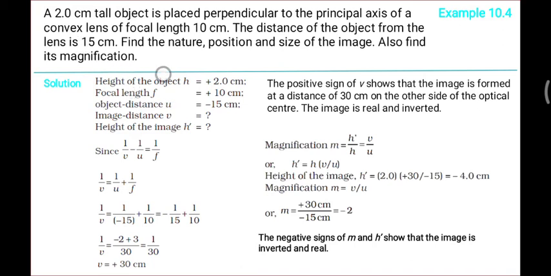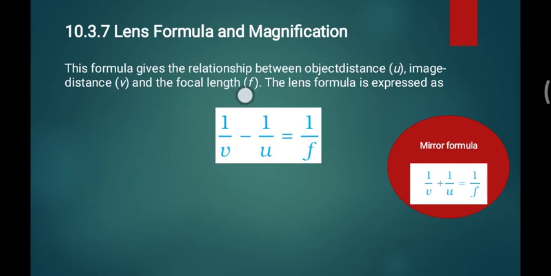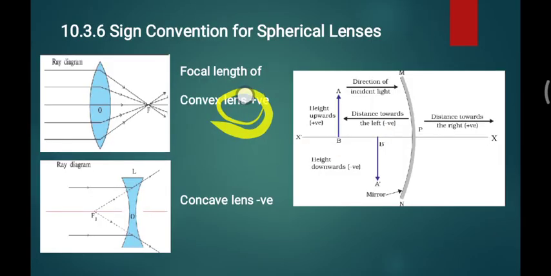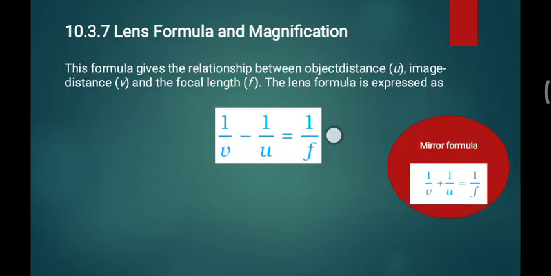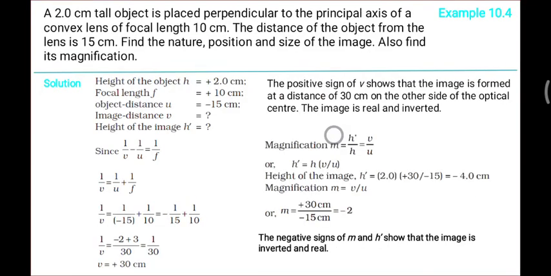So h is equal to plus 2 because it is perpendicular, and the object height is always taken directly upward, so it is always positive. Okay, then the focal length is given as 10 centimeter and it is a convex lens, so the focal length is positive, as we saw earlier. Let me show you. You can see, because it is to the right of the pole, that's why here we use the positive number of 10.